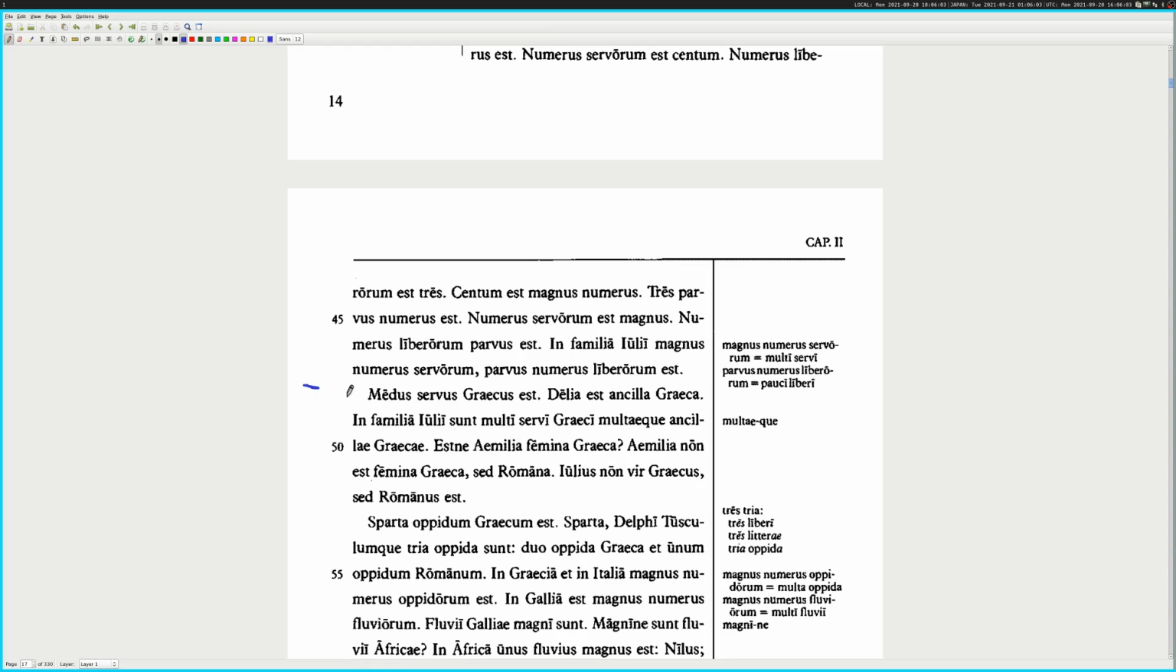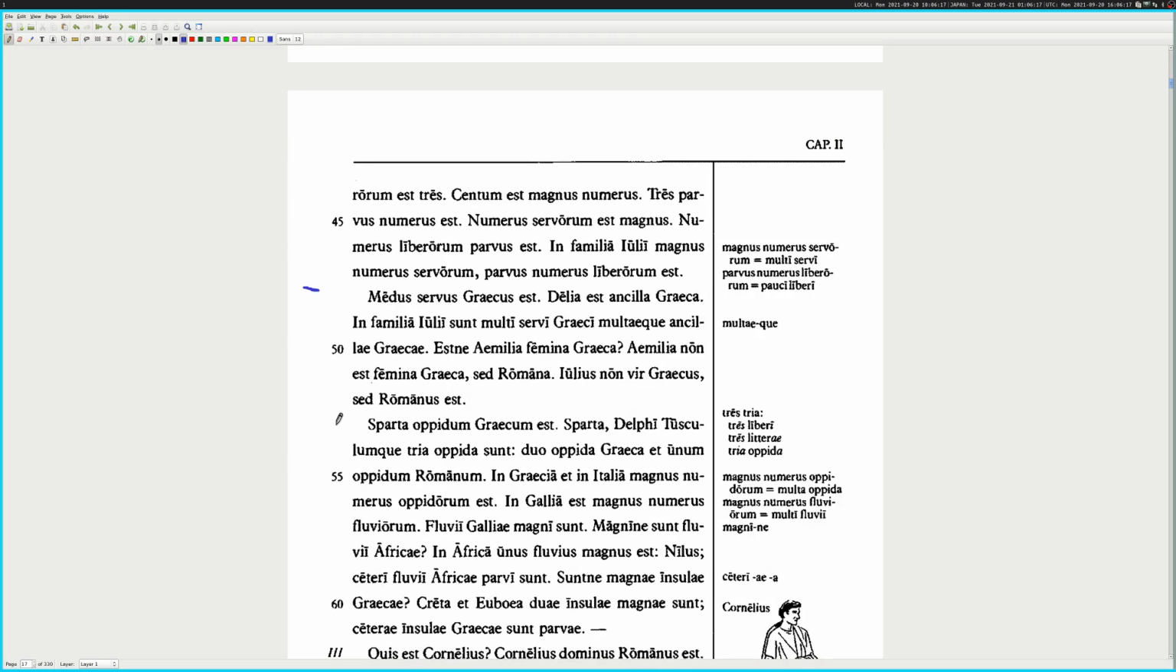In Greece and in Italy, there are many cities. In Gaul, there are a very big number of rivers. Magni sunt. I guess that means there are a lot. Fluvii Galliae magni sunt. Okay. So, rivers of Gaul, many are. So there are many, I don't know. Magnine sunt fluvii? Are there many